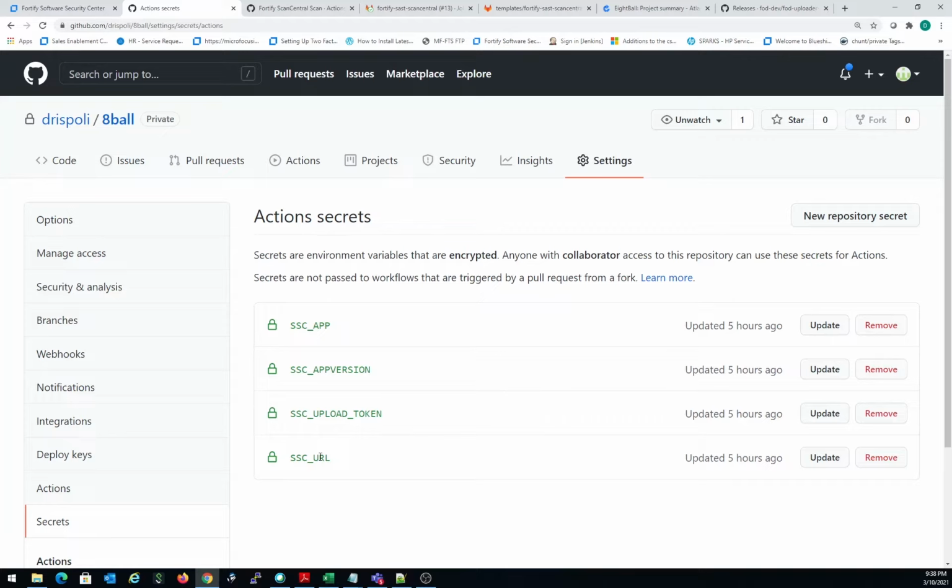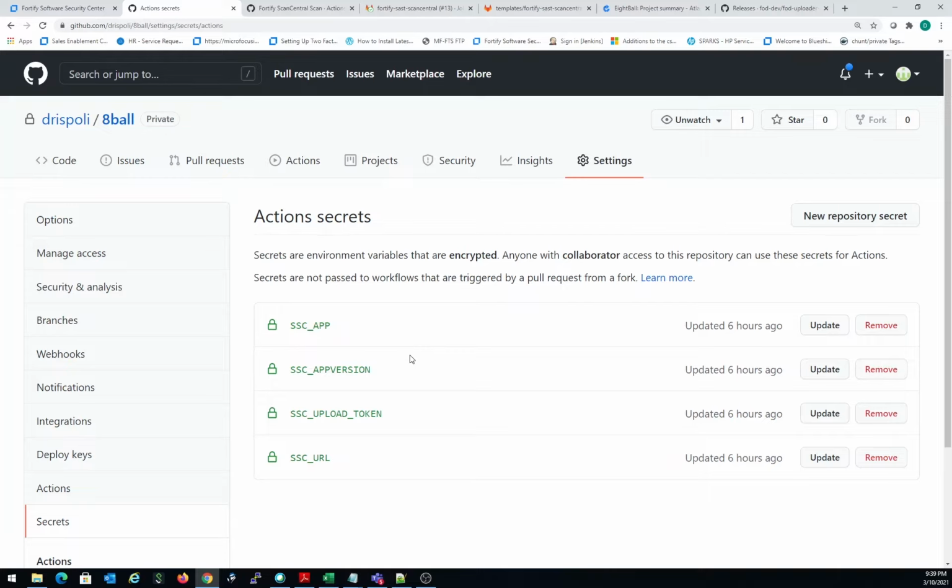The Scan Central controller tool will take care of finding your Fortify SSC URL and will check in with your SSC, and after the fact will upload the results back on your SSC. So Scan Central URL, SSC upload token, application version,